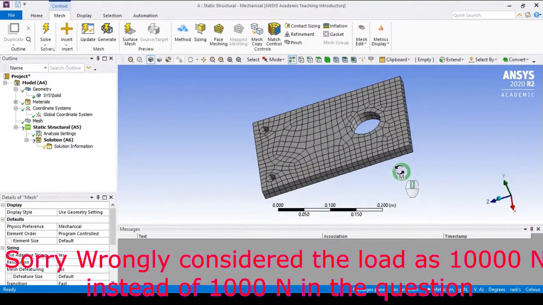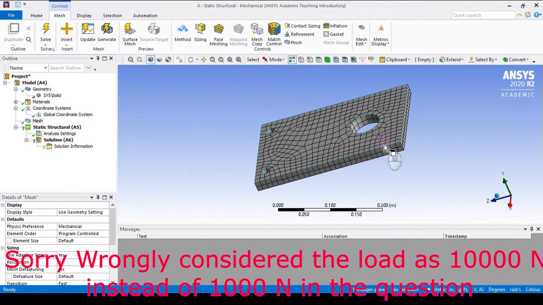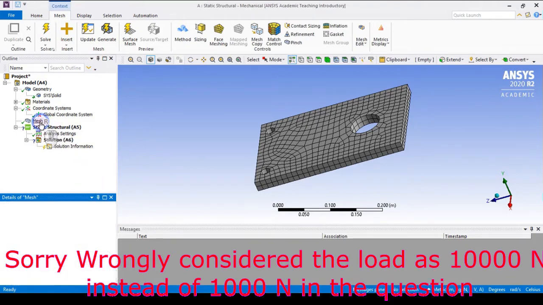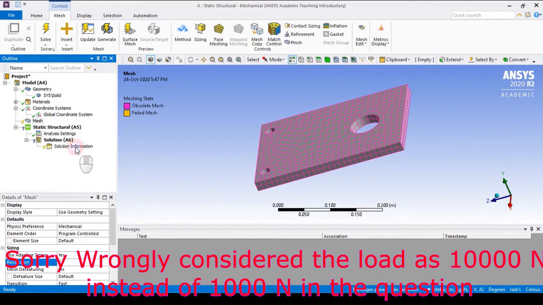Still, you can see there are more elements now. You can increase this further. Maximum, I think you can go to 7, not more than that. So I am going for 7 now. Right clicking, and I'm going to generate this mesh.